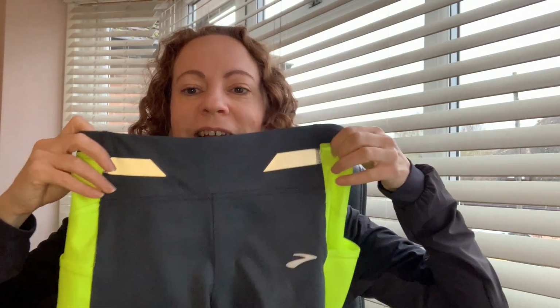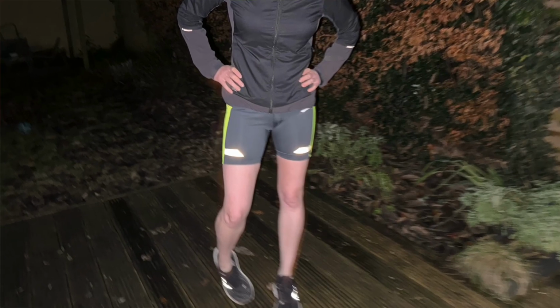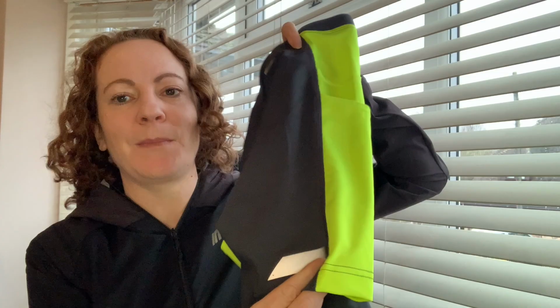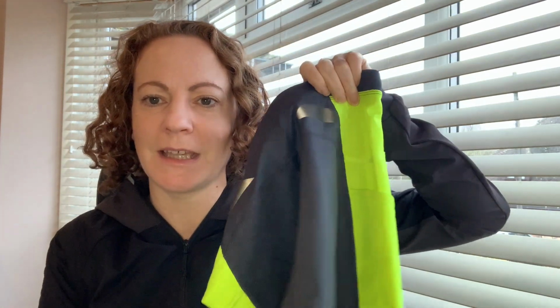We've got those reflective details on the front of the hip, on the front of the thigh, and then again on the back of the hip and the back of the thigh. You can see that light up a little bit there. So they're there to catch the light. Free your legs during the winter but still be seen. They've also got those big,